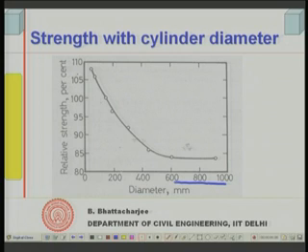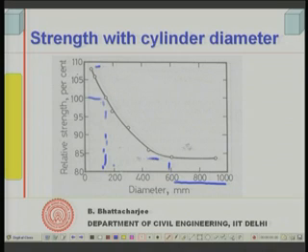L by D ratio has been maintained at 2 throughout. So, you have a diameter of 600 and correspondingly the length, and you find that there is a reduction in the strength, but how much is the reduction? Okay, if this is for 150 millimeter, which is actually 1, then lowering the diameter could increase the strength by about 10%, even less than 10%, and increasing it to 600, the strength results could be as much as 15% lower. So, it is not a very significant lowering, but there is some lowering.